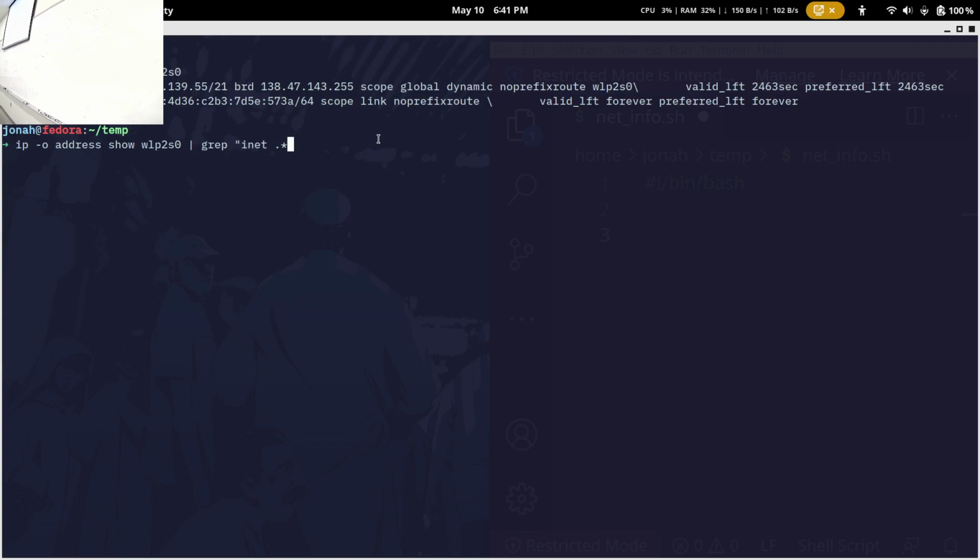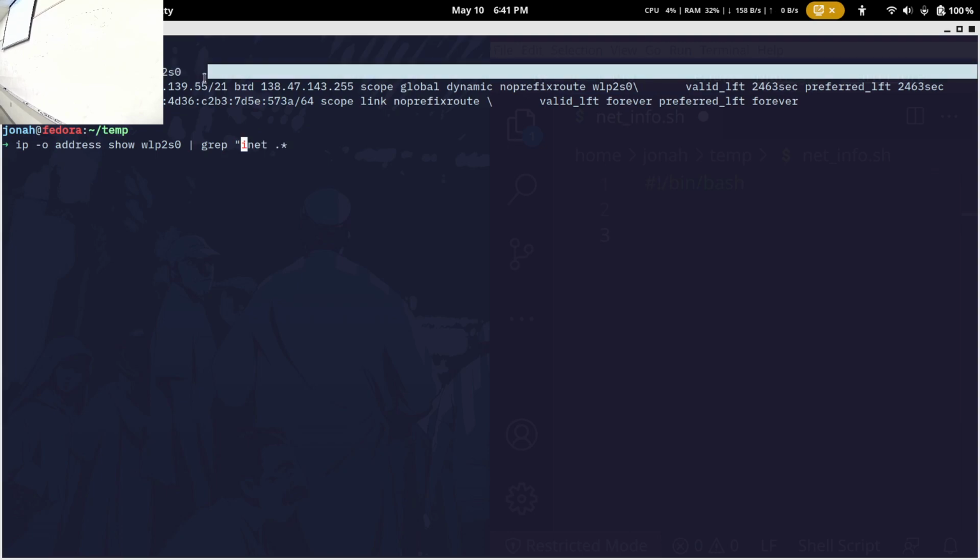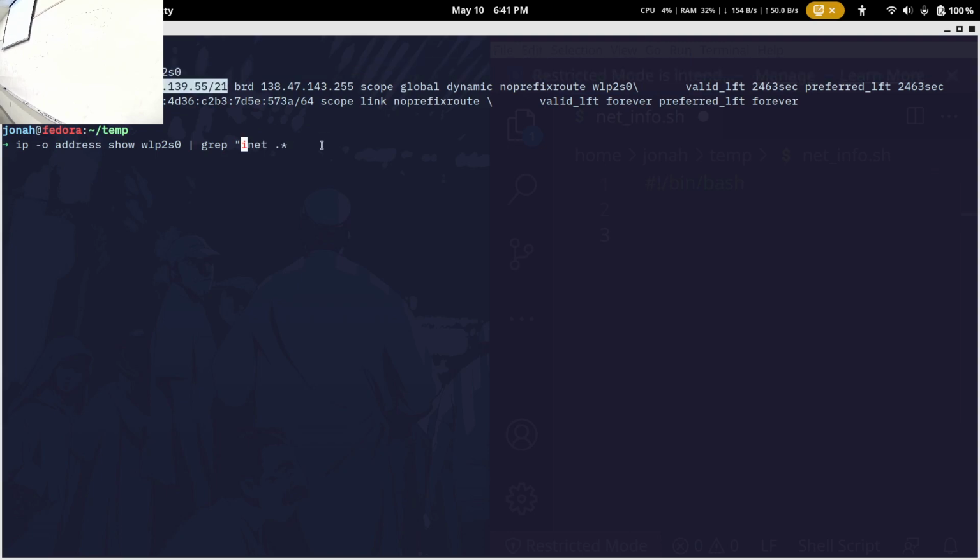Okay, so I want to find inet, because we're looking for this text in particular, followed by any characters, and I want to finish it off at that.